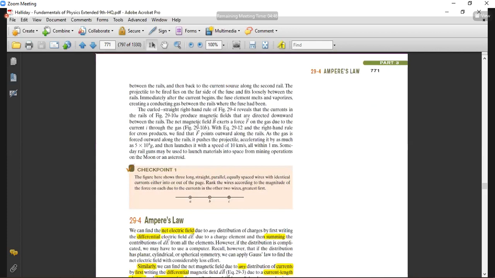Now coming toward the second law, which is basically the Ampere's law. Okay, so what is Ampere's law and why we want to use it? Normally when you already have studied in FSC, when you have the electric field, you want to find out the electric field due to the distribution of the charges. So you basically find out the differential electric field and then you add them by taking the integration, ठीक है। यही करते थे आप लोग।